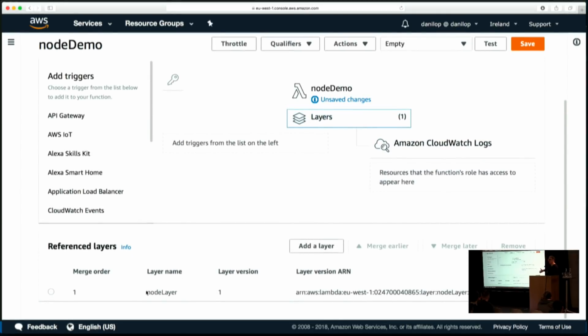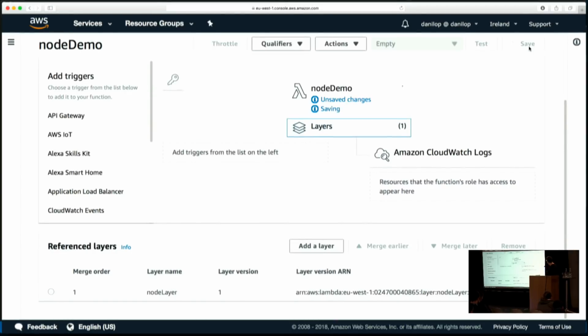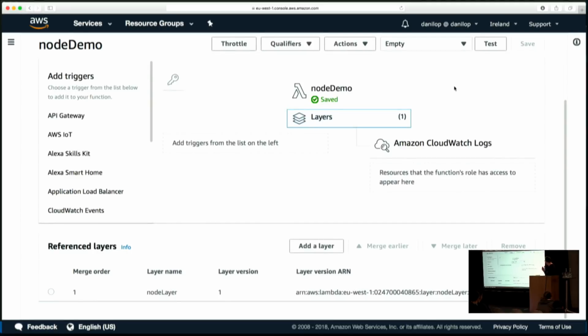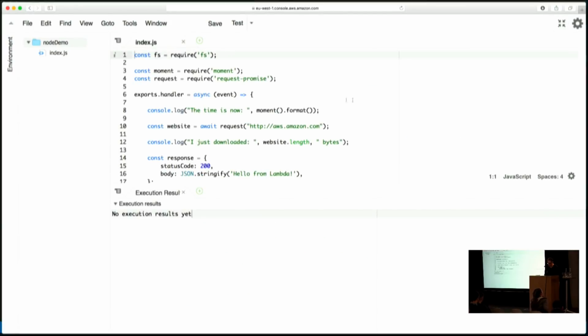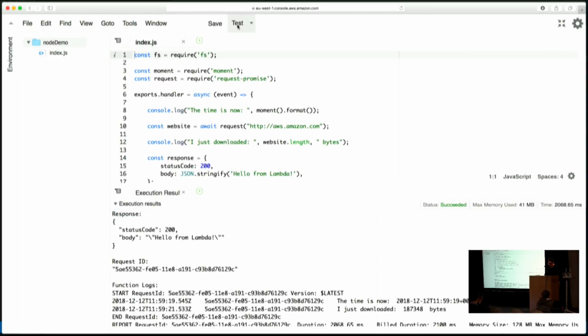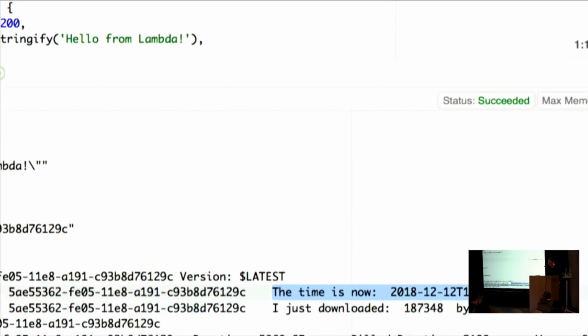And if you have more than one layer, here you can also define the order, merge earlier or merge later. So the order, the layer will be unzipped in /opt. So you have to save. And now that I save the function, I can test it again. So let's go back to function. Let's take the editor again, and let's test again. And yeah, wonder of wonders, here in the log, now I get the time that I printed using Moment,